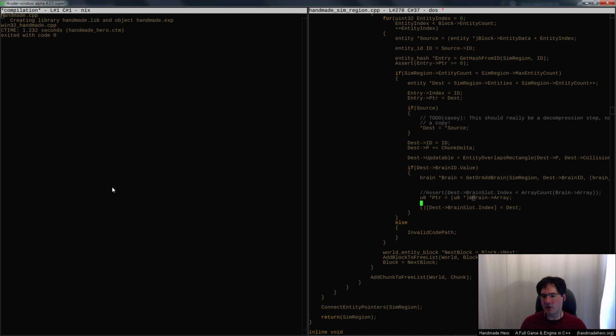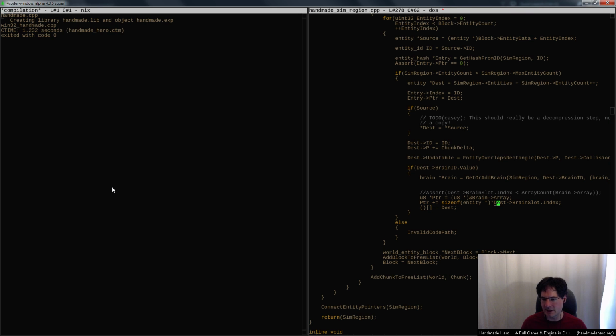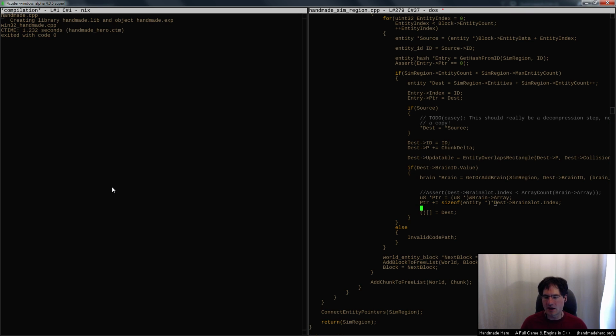I'm then going to say, okay, I want that pointer to be advanced by however big one of these entity pointers is, times however many brain slots forward I'm trying to go. Then what I can do is say, well, okay, the pointer to write to is just whatever that pointer is, cast to an entity star, dereferenced, right? So I'll just